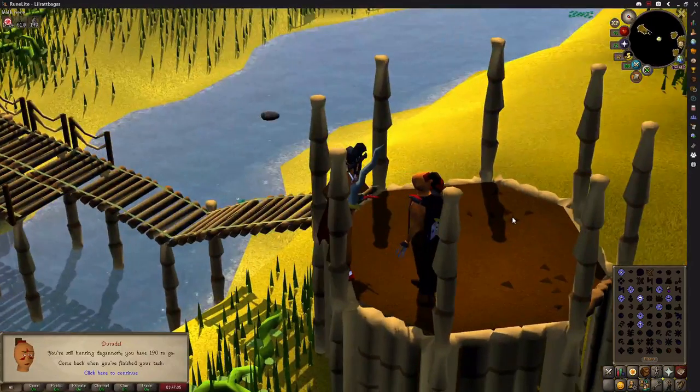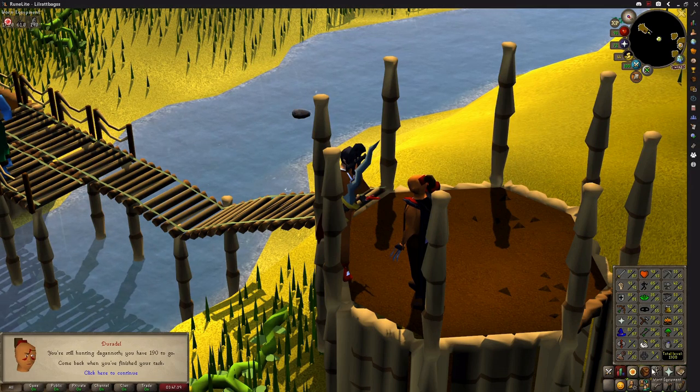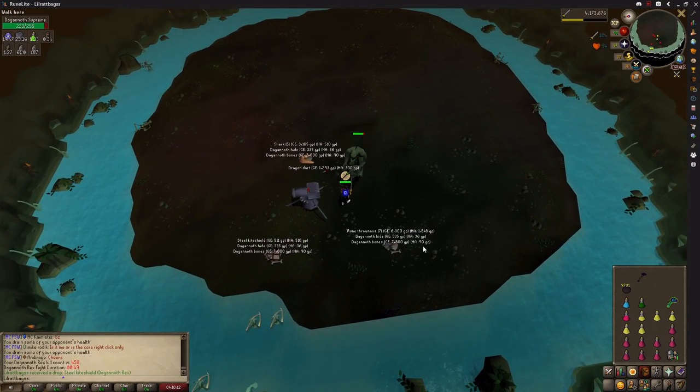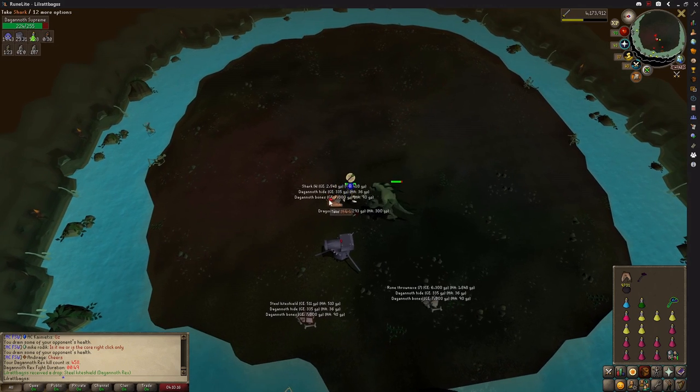Now that's the task I wanted, Dagonoth Kings with a Black Mask. It should be enough damage to solo all 3, which I don't think anyone else can do right now, or certainly no one is doing right now. So as you can see, killing all 3, this could be an amazing moneymaker, because the rings are still worth